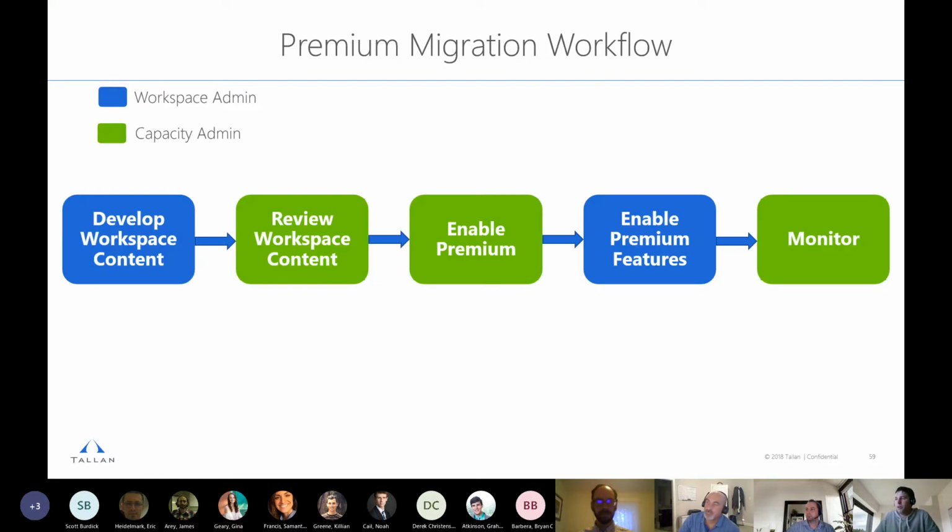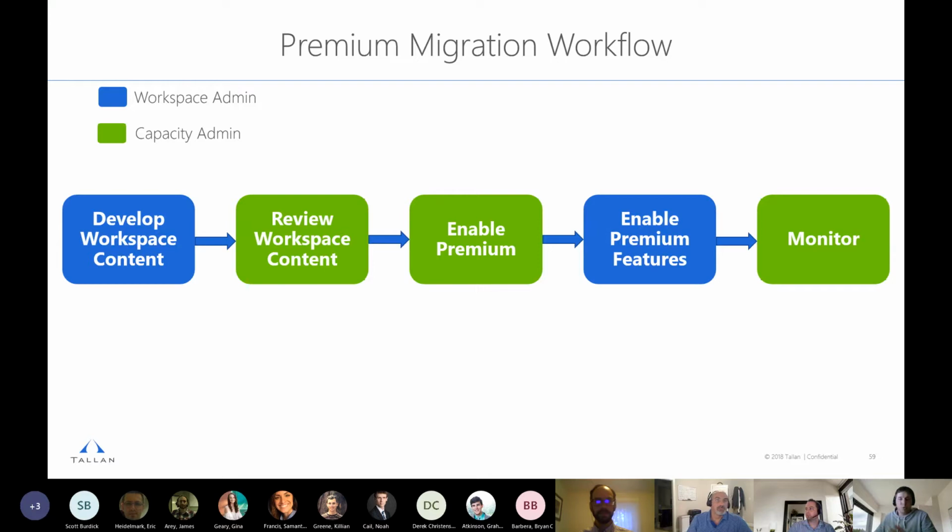So here's a workflow that takes all of those steps that I just mentioned and assigns the roles that I created here. So we have 2 roles here. We have the workspace admin. This is typically the BI developer that's actually creating the content. And then you have that capacity admin, that specified user who monitors the capacity. So I found this to be pretty useful with some projects I've been on.